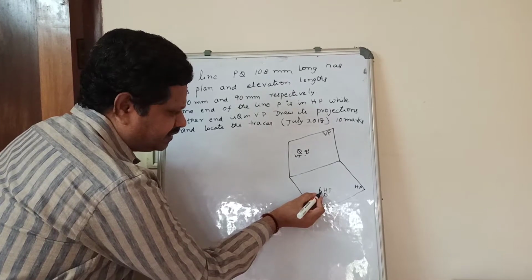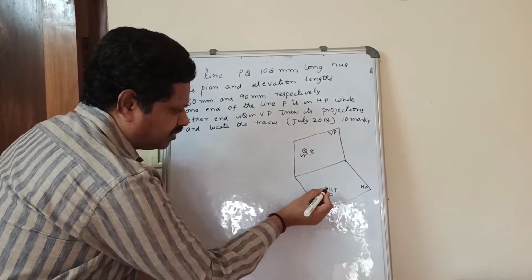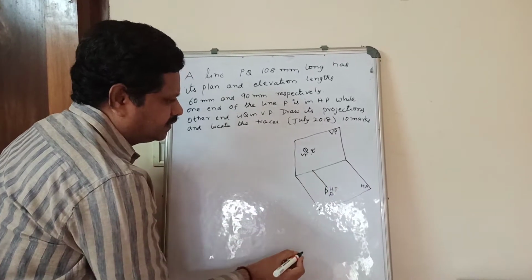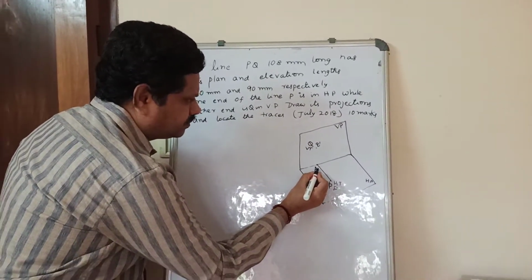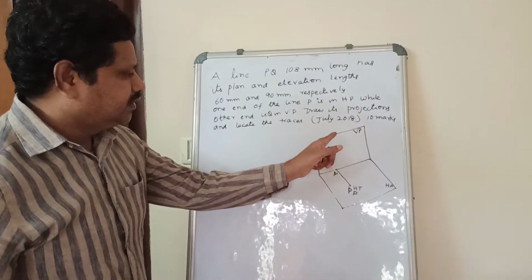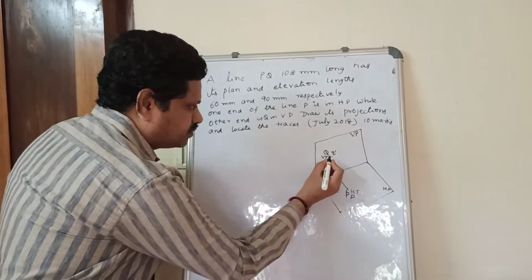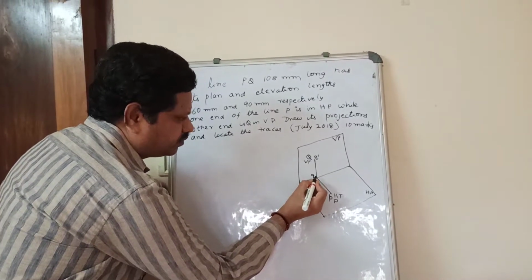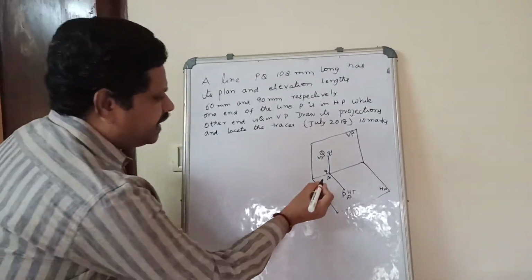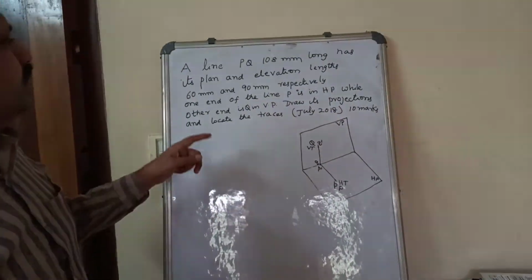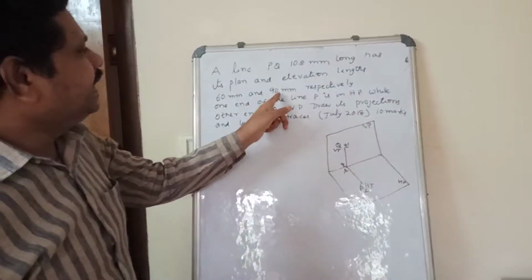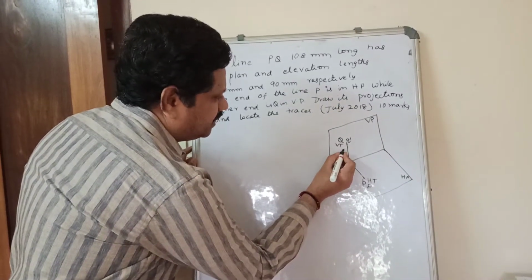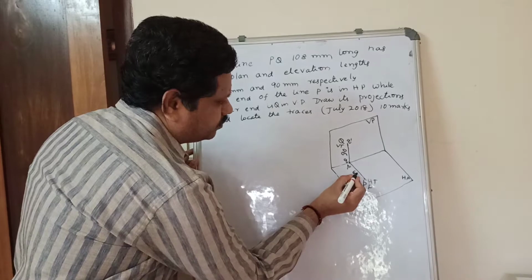When P is on the horizontal plane, if you project it, it will fall on the reference line. That is P dash, and this is Q dash. If you draw the projector, it meets the reference line at a point, and that point is Q. What is given is that P dash Q dash is the front view. The front view length is given as 90 mm and the top view length is 60 mm. So this is 90 mm and this is 60 mm.